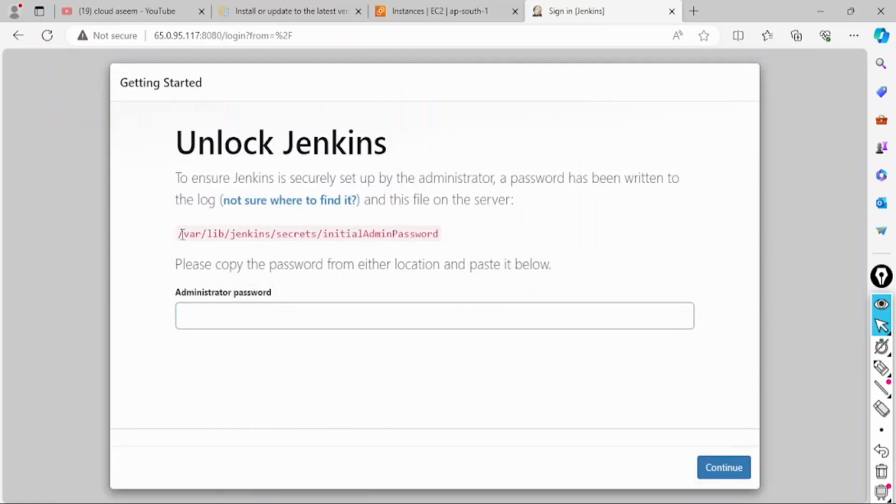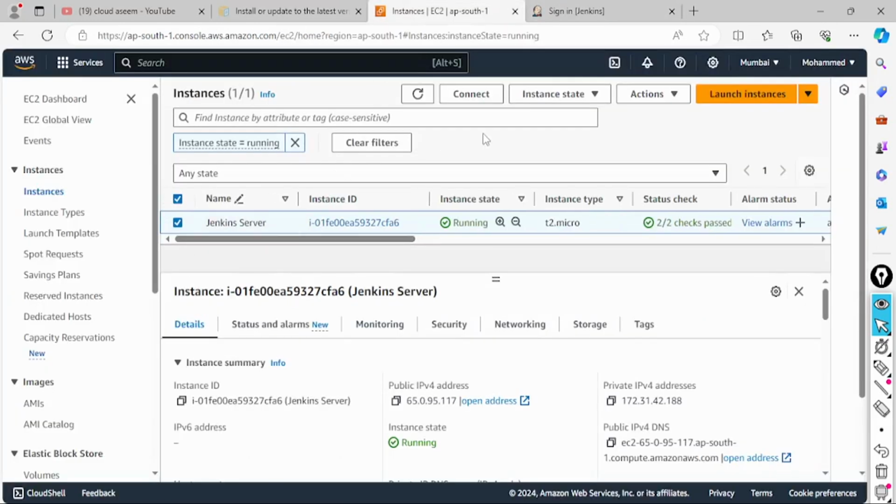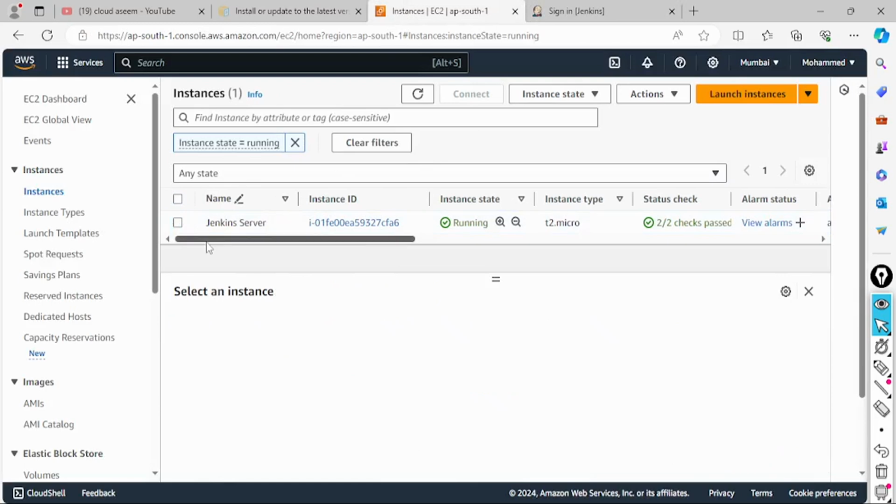So if I copy this command, then I'll go to the Jenkins now. Okay, so this is how you create all the infrastructure with Terraform. So if you check, let's check